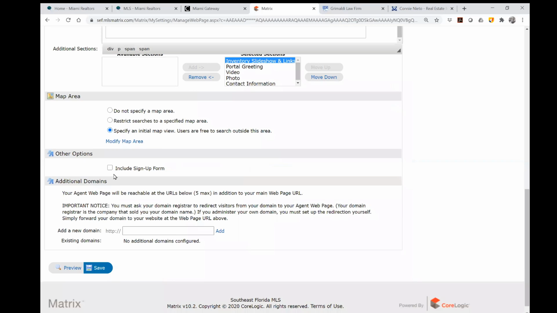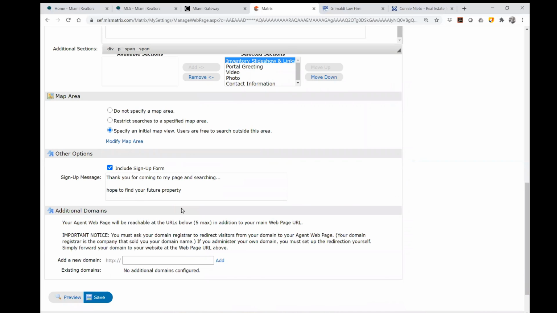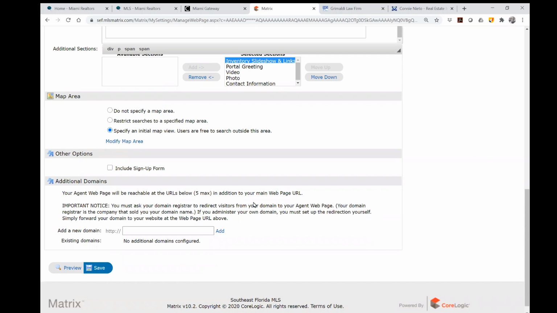The next choice is to include a sign-up form. If someone comes to your site and you'd like to capture their information immediately, you may want to select this. Why was mine deselected? Because I like to shop online. Have you ever looked online and immediately you open a page, even though it has the most wonderful pair of shoes or the most incredible purse